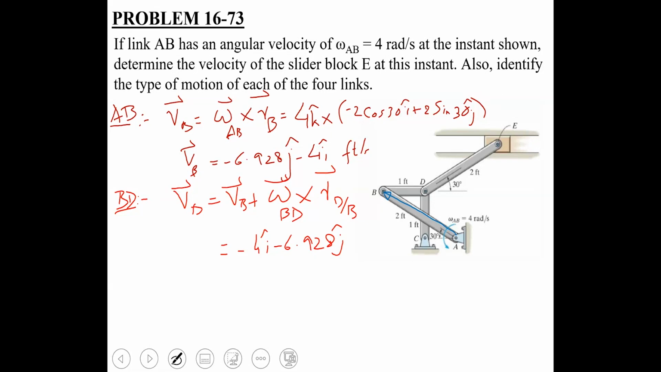Can you judge the direction of omega? कल जो हमने draw किया था, this link BD is rotating in a clockwise or a counterclockwise direction? Can you judge it? Counterclockwise. हमने कल discuss किया था, it's going to rotate in a counterclockwise direction, so we can write it as plus omega BD k